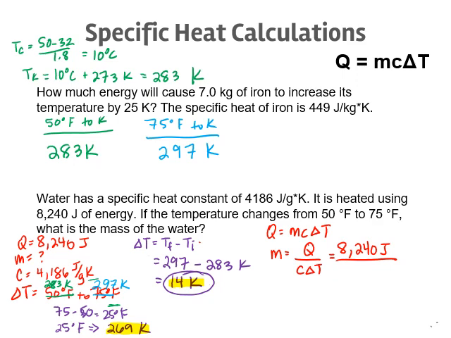Then C is 4,186 joules per gram Kelvin. And lastly, our change in temperature, which is 14 Kelvin. Kelvin cancels out with Kelvin, joules cancels out with joules, and that is going to leave us in units of grams. So mass is going to equal